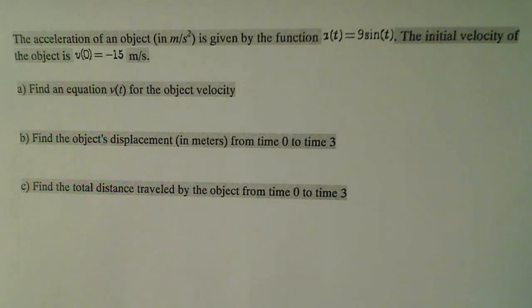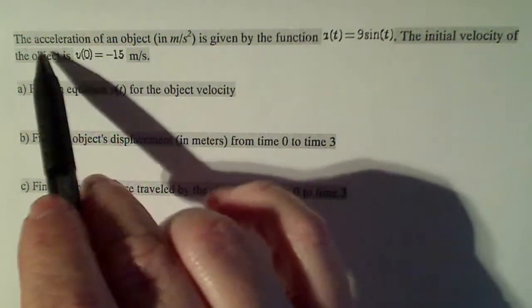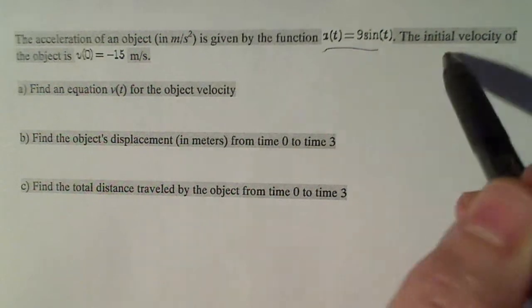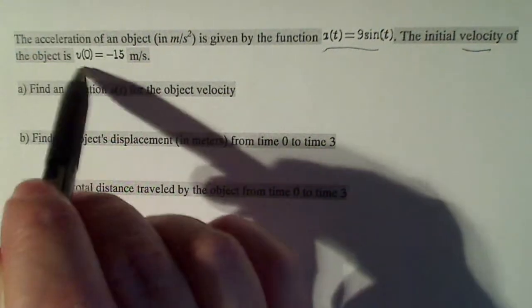This is another problem that I'm just going to give a hint on, because my class is asking for a hint on this one. Or they actually want the answer, but I'm just going to give them a hint. So we have acceleration right here. It says the acceleration of an object is given by this function, and the initial velocity is given by this